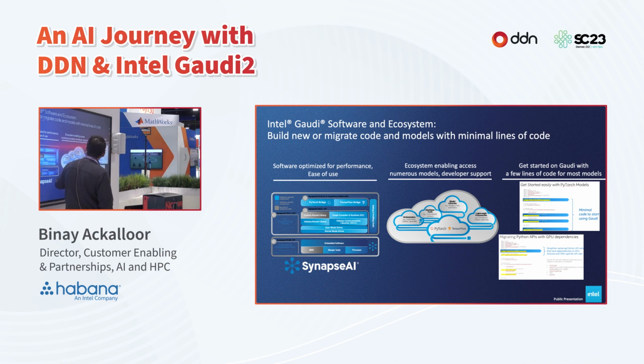And what we've been doing is working with the ecosystem. So we work with the folks, PyTorch, TensorFlow, Hugging Face, and so on, to make sure these models really work well on Gaudi and Gaudi family of products. And finally over here, I'll have a little bit more on this in the next slide. But over here, the other important thing is,